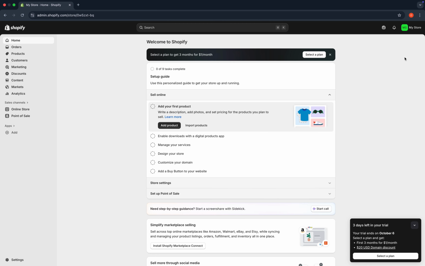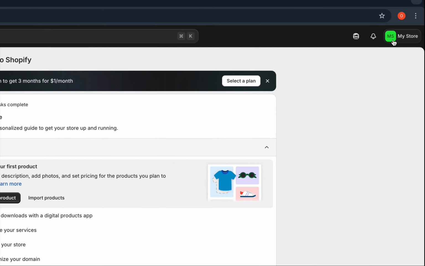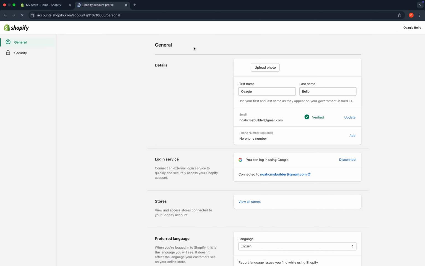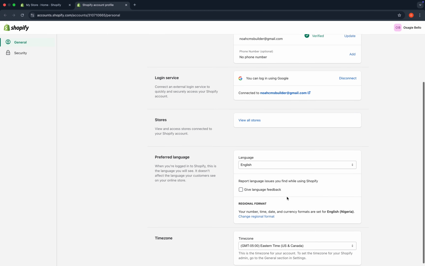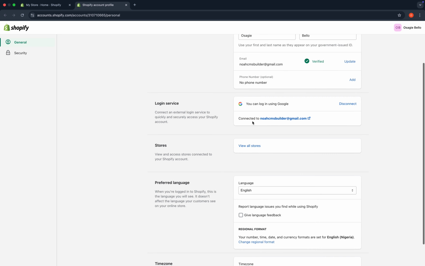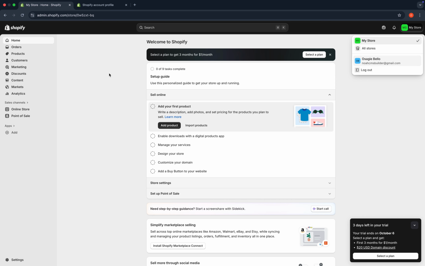Then I'm going to also show you how to edit your profile. So if you go up here into my store, currently I don't have any image, as you can see here. So once I click here, it's going to show this drop down, so I can click on that to edit my first name, last name, and other information I want to. Right, you can change your language, you can change your time zones and the likes. You just need to explore this. And by the left, you see that we have security. So if you want to add more layers of security,